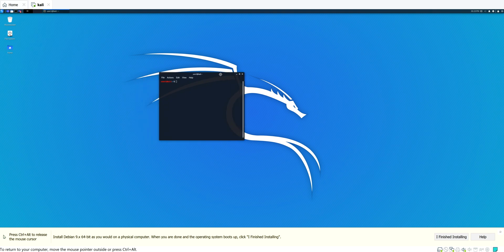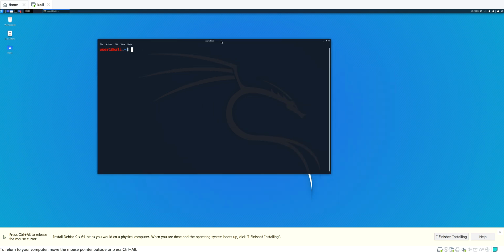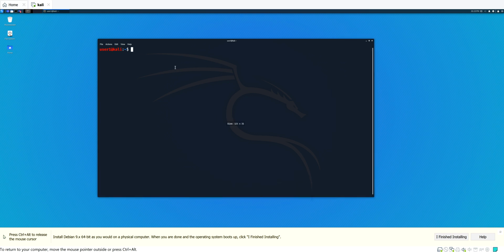I'll bring it here and see if I can zoom in. Yeah, it's zooming in. That's good. So let's do a bit bigger size. Okay. The only thing I think we all should check when we do this Kali is